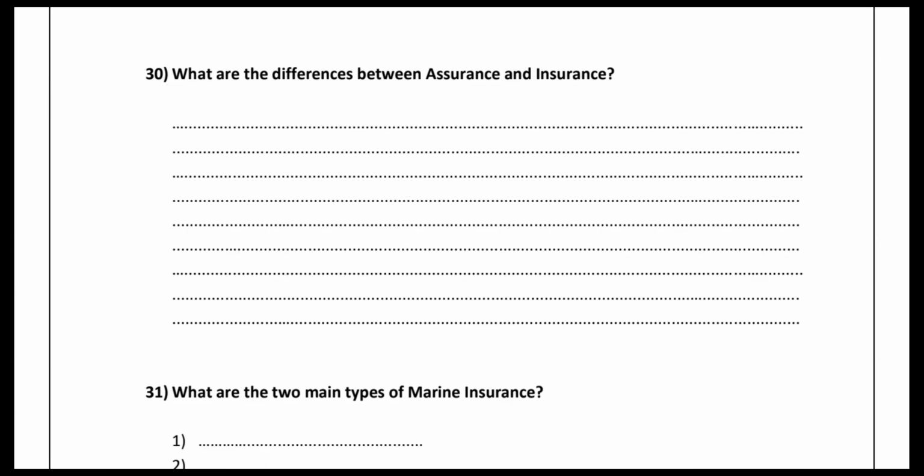The indemnity principle states that if a property is damaged, full compensation will be paid. That is, full damage will be paid. Actually, when there is damage to a property, compensation is equal to or less than the damage or the loss. Sometimes there's something called over insurance and under insurance. It will be equal to the damage to the property, or else it will be less than the damage.